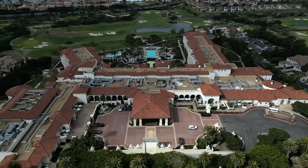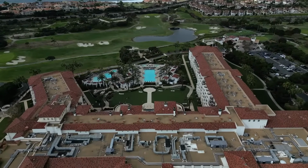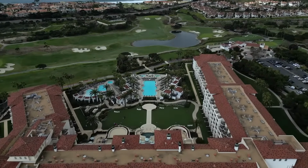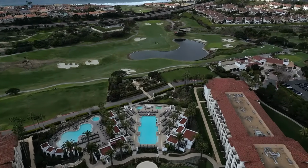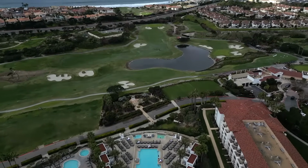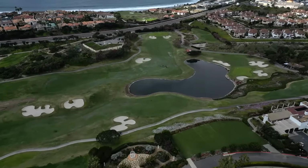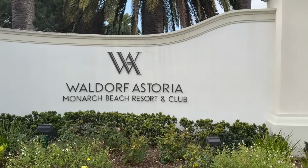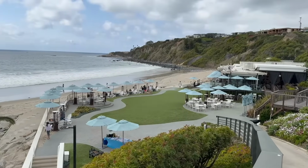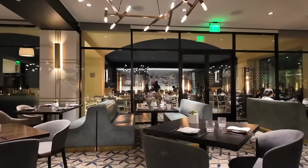Welcome to the Waldorf Astoria Monarch Beach Resort and Club, a luxurious coastal retreat nestled along the sun-drenched shores of Dana Point, California. Perched atop a scenic bluff overlooking the Pacific Ocean, this five-star resort offers an unparalleled blend of sophisticated elegance and relaxed seaside charm. Guests can indulge in world-class amenities, including a private beach club, an oceanfront golf course, award-winning dining, and a serene